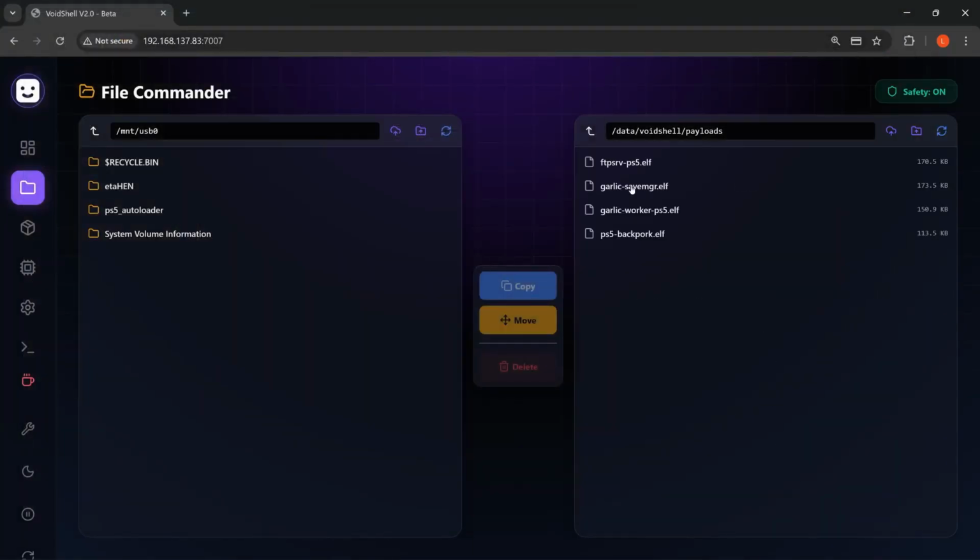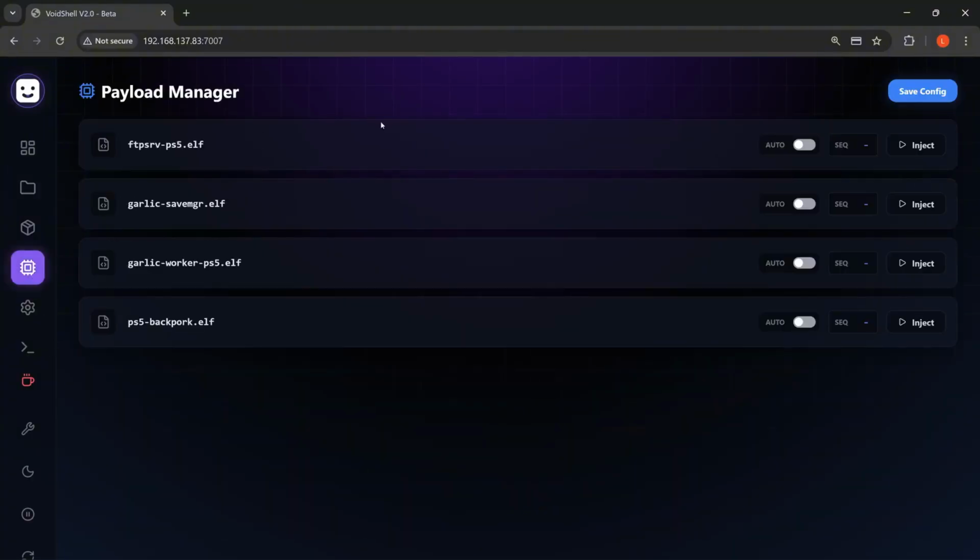I'll select them and that will upload those payloads to that location. And now if we go back to the Payload Manager, you can see all the payloads show up. So you can auto-load specific payloads, so you can use this as an autoloader. So we can enable auto-loading for the FTP payload, maybe the Garlic Save Manager. And then you can also change the boot order of those payloads. So if I want Garlic Save Manager to load first, I can move it up so it gets loaded first